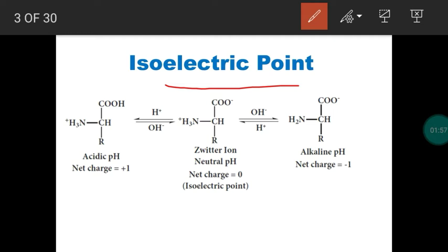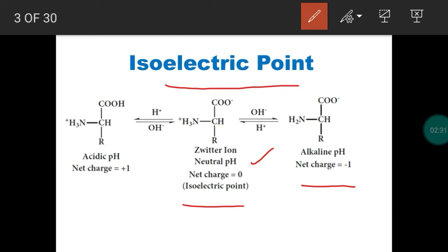If there is a change in the pH value, then the nature of the amino acid will also change. Right? So consider the isoelectric point, where the amino acid exists as a neutral molecule. Now consider the pH being more than the isoelectric point. At the isoelectric point, the overall charge is 0. So for a neutral molecule the pH value is 7, and that pH is called the isoelectric point.